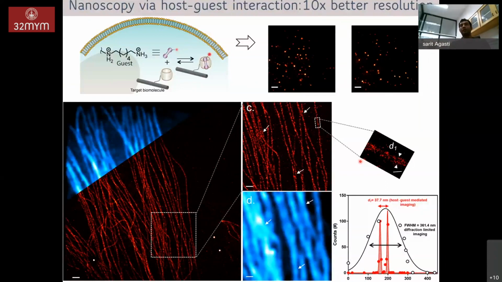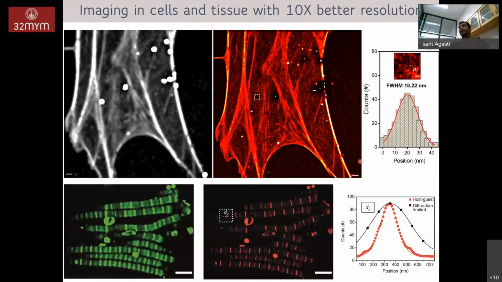So here we are able to probe the molecules and determine their structure, which was impossible to determine based on the standard microscope. For example, the diameter of the microtubules we are able to visualize, which is not possible under standard microscopy techniques. We actually extended it to various molecules like actins, where we got a resolution of close to 18 to 20 nanometers.